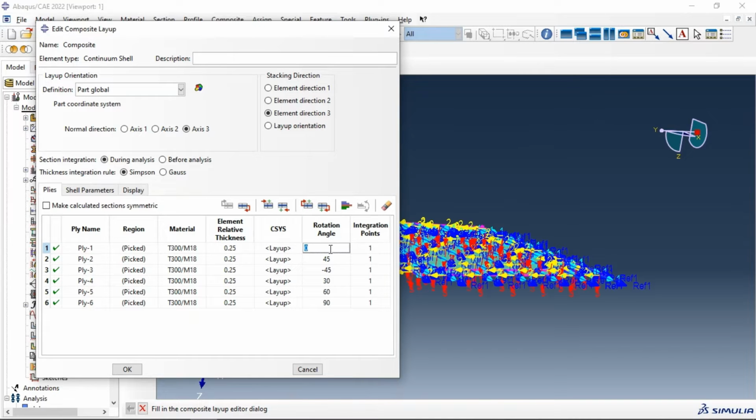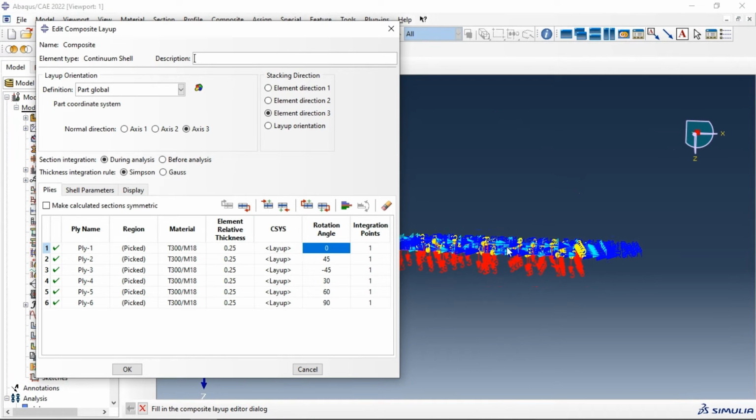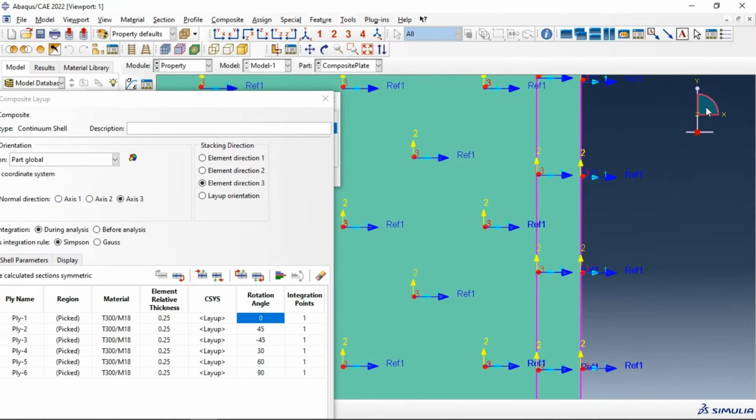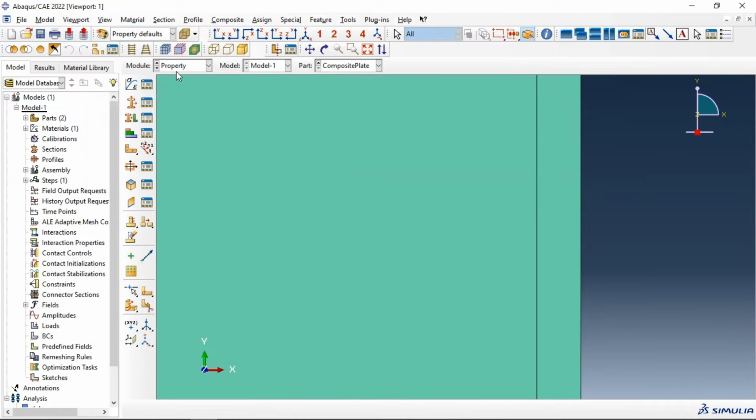That means we have 0 in the x direction. Can you see here? Let's take a look. The reference point is with the x direction, the first direction, and the second one, direction 2, is with the y direction, and 3 is with the z direction. This takes the global orientation of our part. You need to take this into consideration for the orientation of the composite in our part. Click OK. Now let's go to assembly